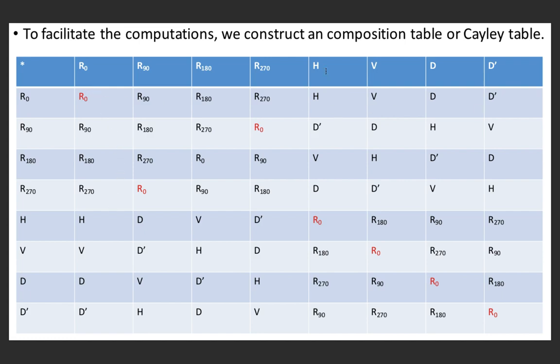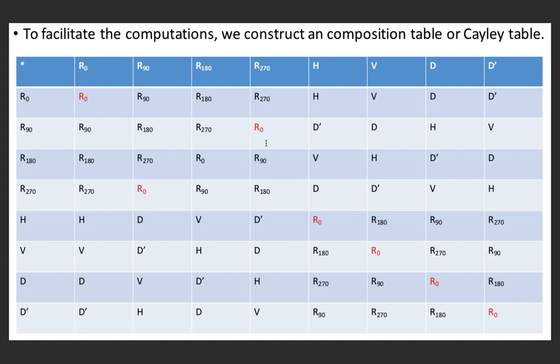Here the first row is identical with the top border row. So the element on the extreme left is the identity element of this group, which we have marked by red color. Here this is R0, this is R0, this is the identity element. Mark it also by red color. These are all the identity elements of this group, which help us to find the inverse element. So inverse of R0 is nothing but R0, because the element above R0 is R0 in the top border row.